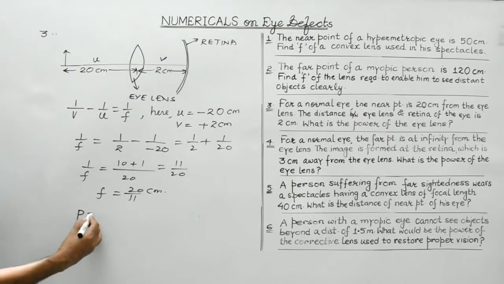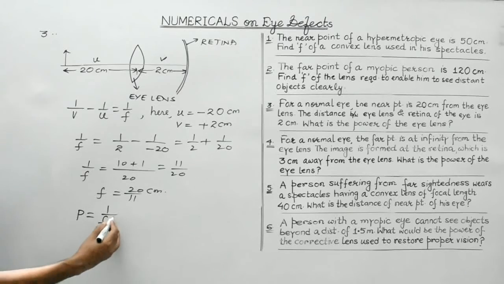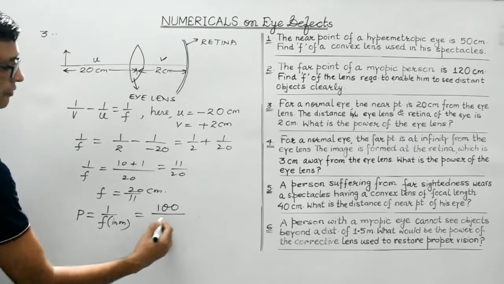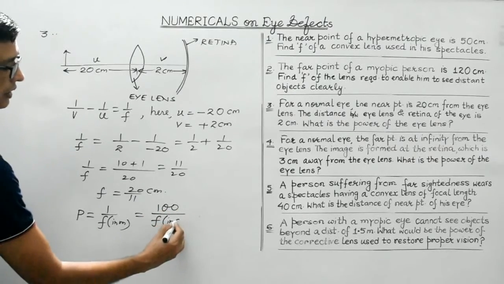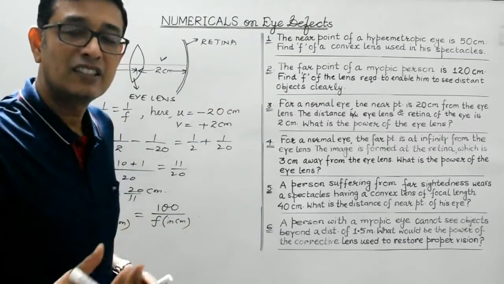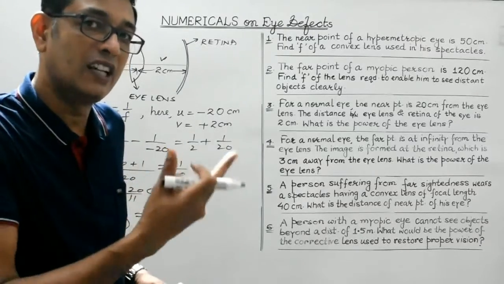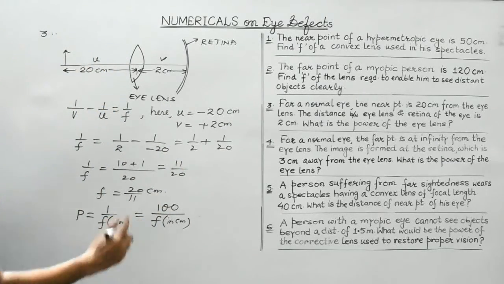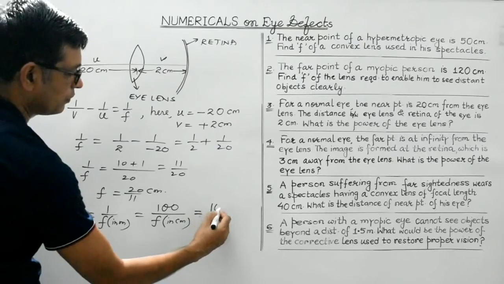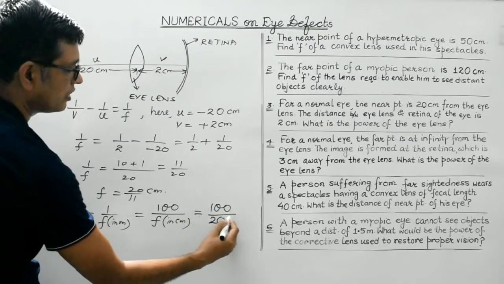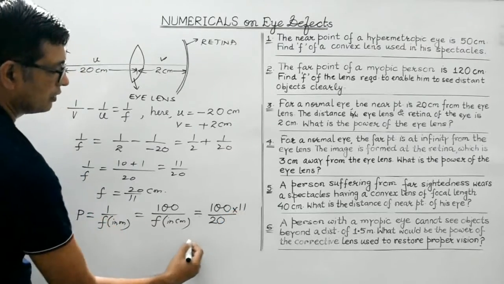Now power of the eye lens is 1 by F in meters, or this is in centimeters, so it will be 100 by F in centimeter. So mathematically we are aware the power of a lens is given by the reciprocal of focal length in meters. In case it is in centimeters, it will be 100 divided by F. So let's substitute the value. 100 divided by F. F is 20 by 11. So we get